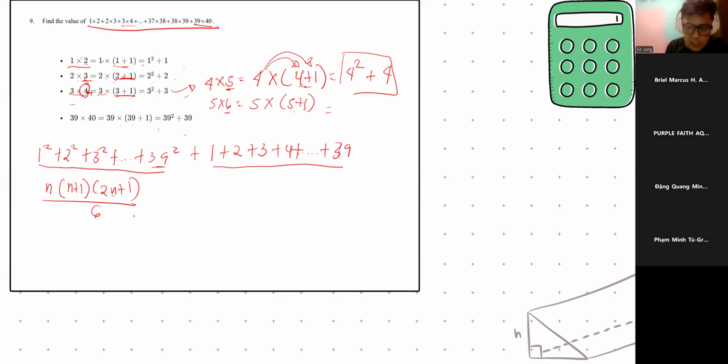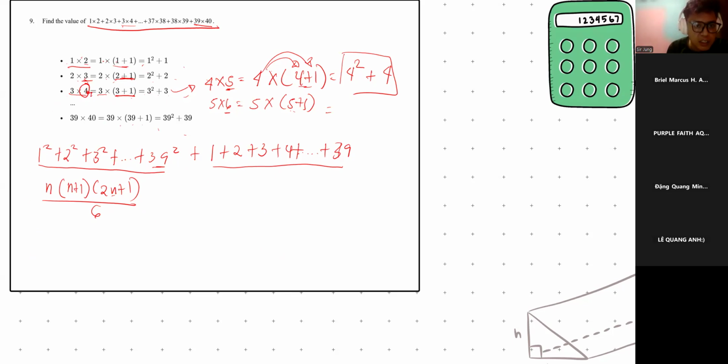This is from the formula. You can actually derive this manually, however that would be quite long. So just remember this formula here for the sum of square numbers. The formula is over 6 because